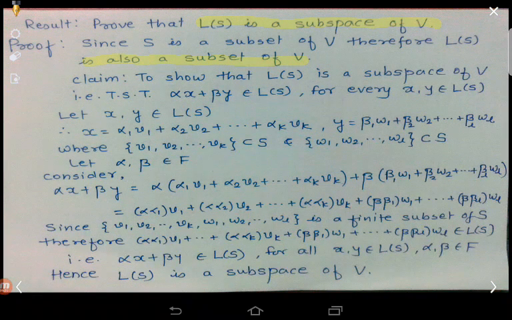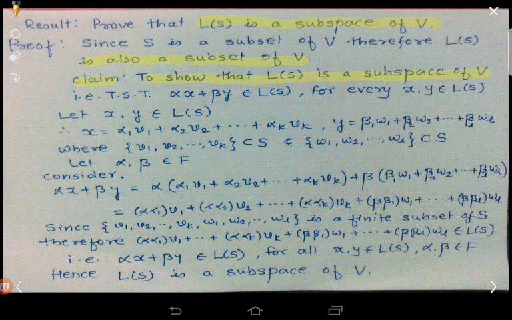पता है आपको कि सबस्पेस प्रूव करने के लिए आप जिसको भी सबस्पेस प्रूव करना चाहते हो वो V का सबसेट होना जरूरी है। तो यहां पर हमने ये प्रूव कर दिया कि L of S is nothing but a subset of V. Now the only question remaining to show that L of S is a subspace of V. चलिए बताइए कि किसी भी सबसेट को V का सबस्पेस अगर प्रूव करना है तो क्या करना पड़ेगा। तो पहले दो एलिमेंट लीजिए, फिर दो स्केलर लीजिए, फिर उन दो एलिमेंट का लीनियर कॉम्बिनेशन लीजिए और वो लीनियर कॉम्बिनेशन अगेन अ मेंबर ऑफ L of S प्रूव कर दीजिए, तो L of S सबस्पेस हो जाएगा V का।